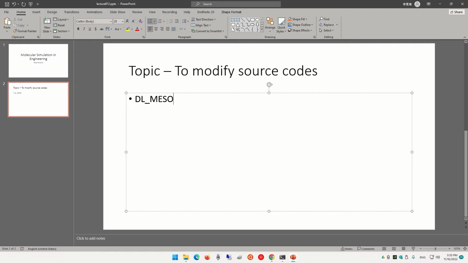So we're going to use the DMS or DPD simulation. If you remember, when you run the simulation, you will get a thing called HISTORY. This is a binary trajectory.